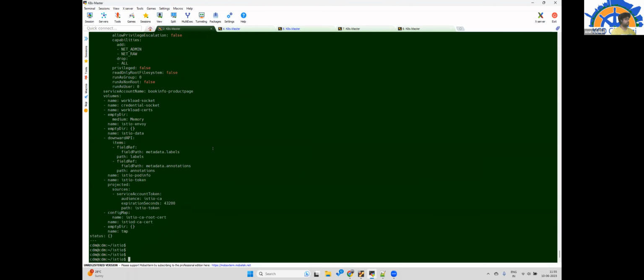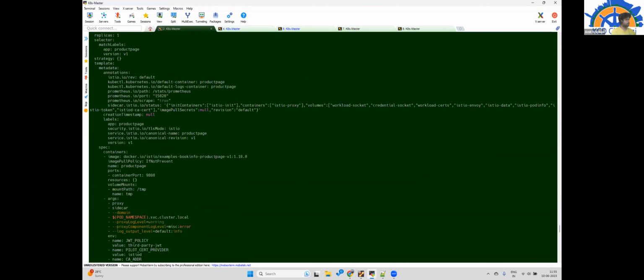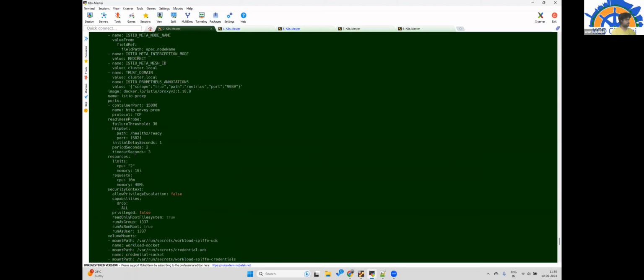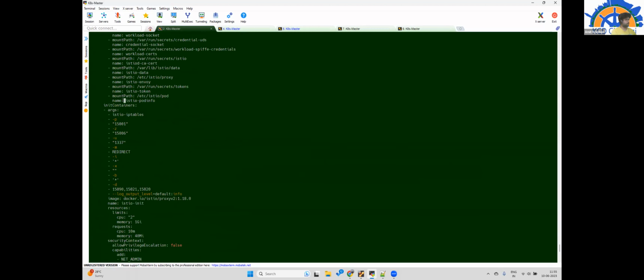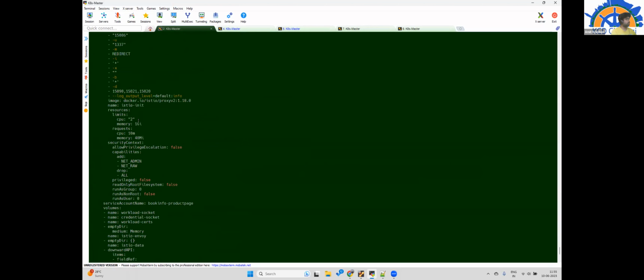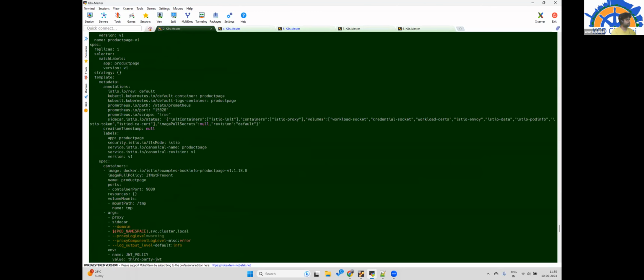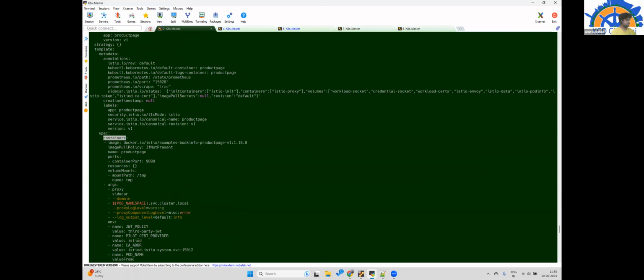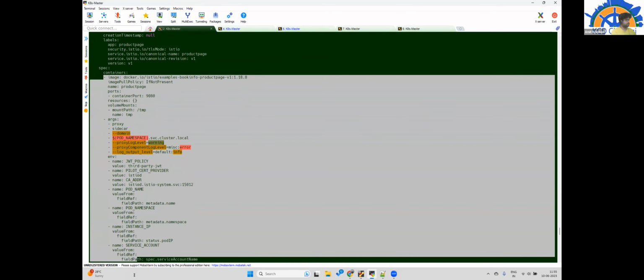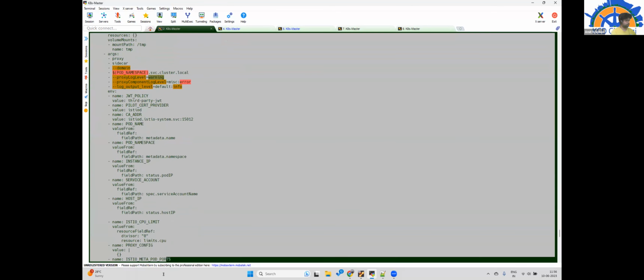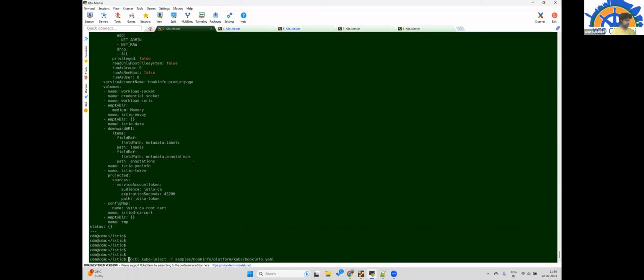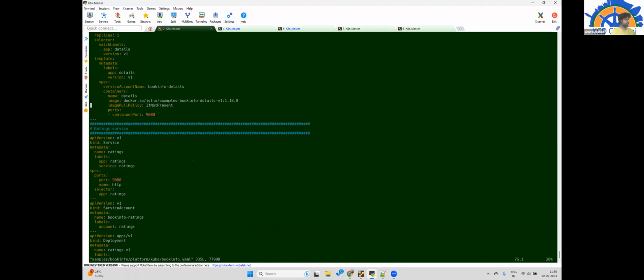You see over here, it added all this information, like the init container and service account, and finally it has added the container information. Yes, this is the sidecar added over here. But if you see the actual YAML of this workload, you would not find that.